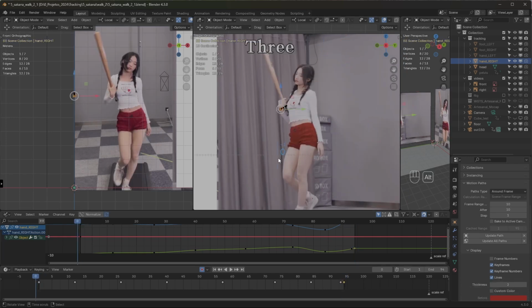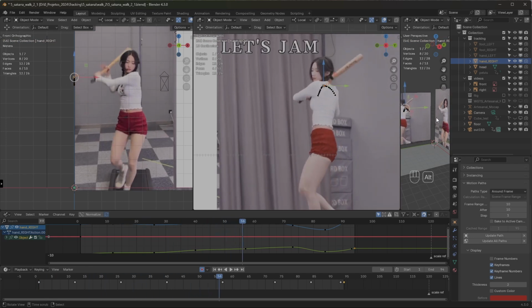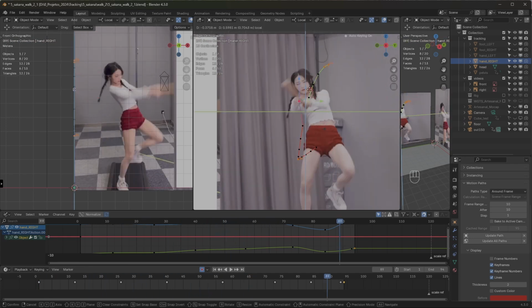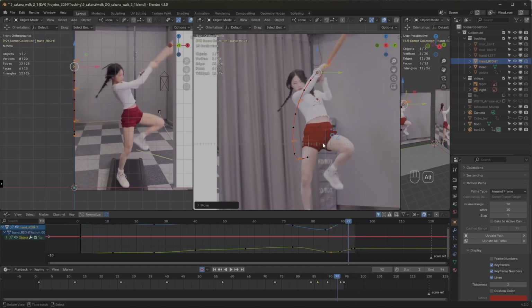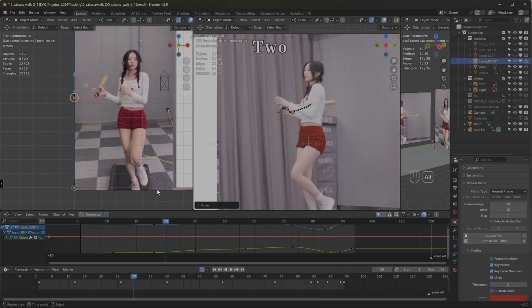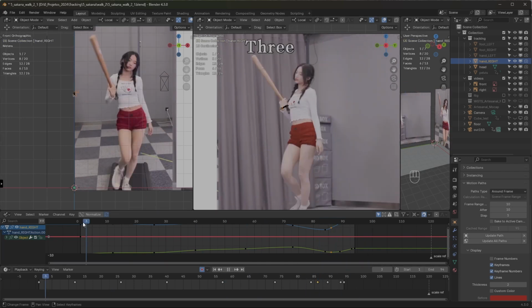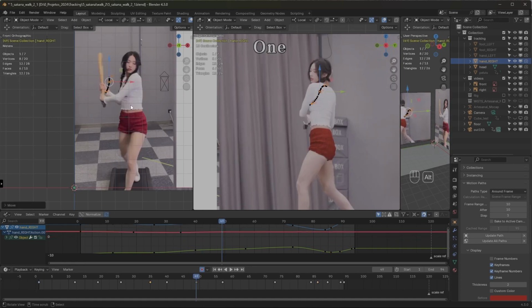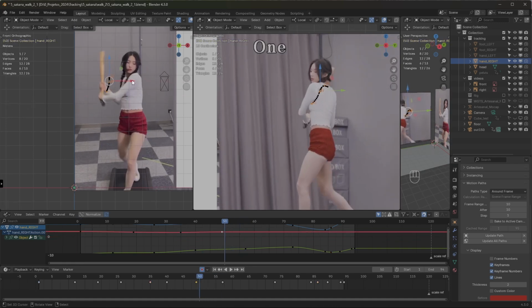Go to the start. Let's follow the movement, see it matches well. Let me put it here. It's a quick movement, probably we didn't need those keyframes, but anyway. Okay, seems fine for me. Let's go to the front view, start of the animation. Let's try to match. Just add a tiny movement